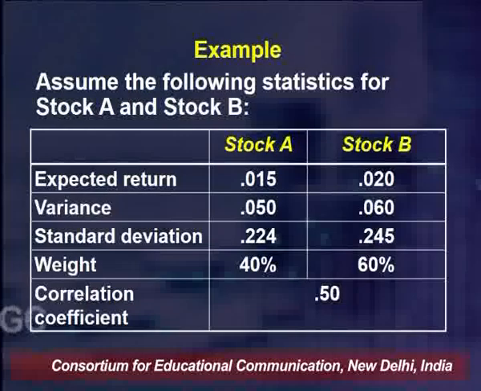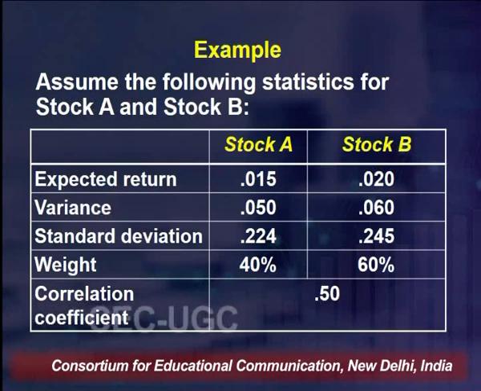Now let us try to put the same example which we just saw. So I'm sharing with you the same values here. We have the values of expected return, the values of variance, the values of standard deviation, and the weights. Because in this case we are yet to calculate the weights, we will not be taking 40% and 60% as the weights of stock A and B. Instead, we will use the portfolio variance which we have already calculated, and we also have the correlation coefficient, which is 0.50. So continuing with the same values, we will do the calculation for the investment to be made in stock A.